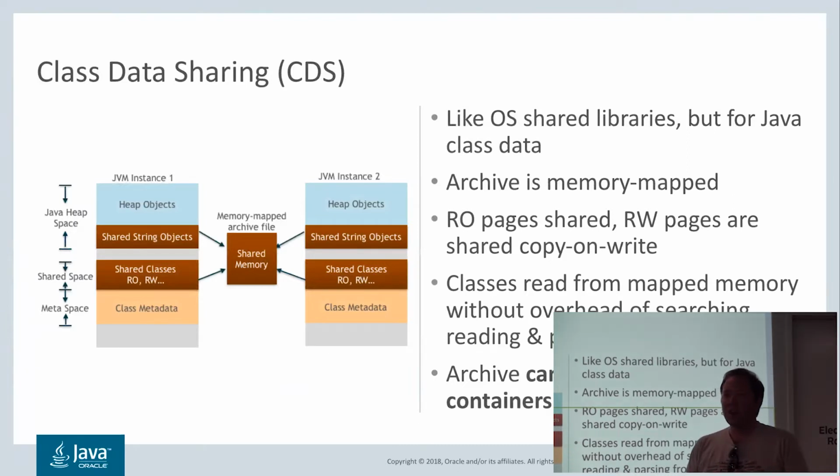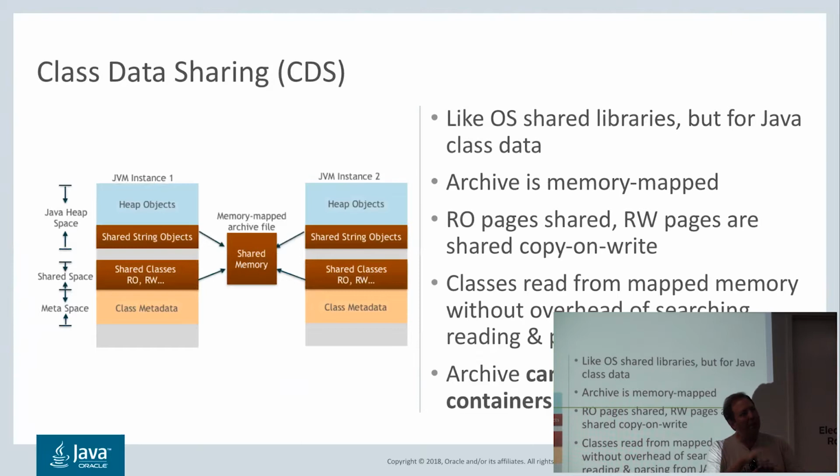This works in non-container environments on your normal machine. It also works across Docker containers running on the same machine. The thing is that you do need to store the archive. We call the file we store the Java class data in an archive. Historical reasons, I guess. So you do need to store that in such a way.